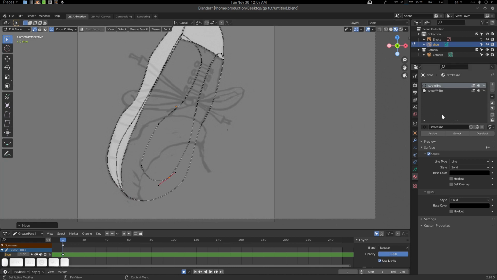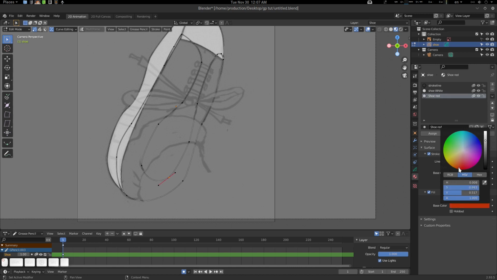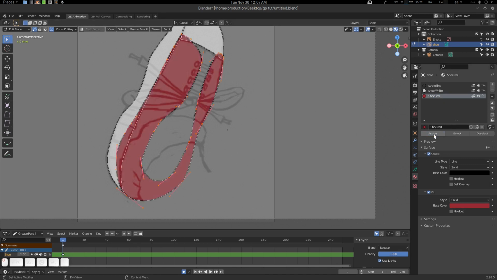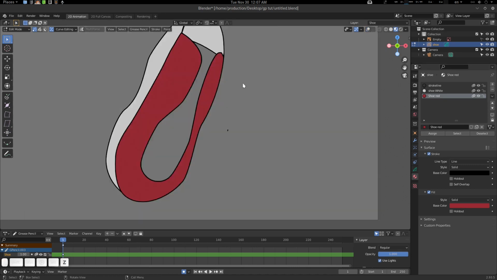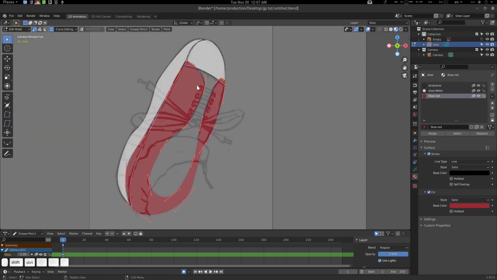Okay, so now let's create a new material here, and I'm going to name it shoe red, and let's use a fill, and let's create a fill color, something like this. Okay, and let's assign it, and let's see. Assign. Okay. Alright, looking good. It should be in the back, so let's press Q, send backward,